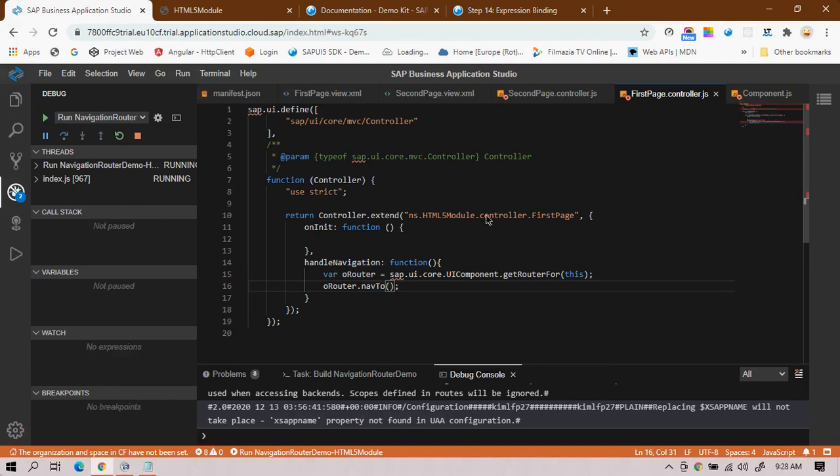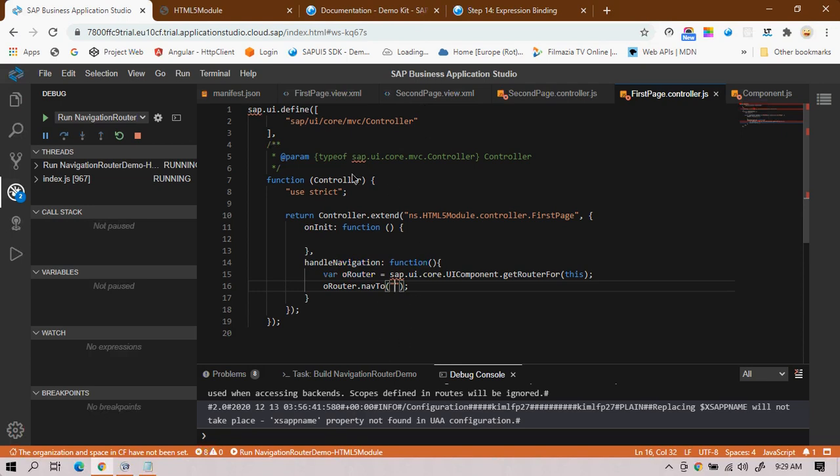First is the view name, to which view you have to navigate, and second is the data, if you want to pass data from the first view to the second view. As of now I don't want to pass any data to the second page, so I can simply specify the view name to which I have to navigate. What is the view name I have to navigate to? It is the second page.